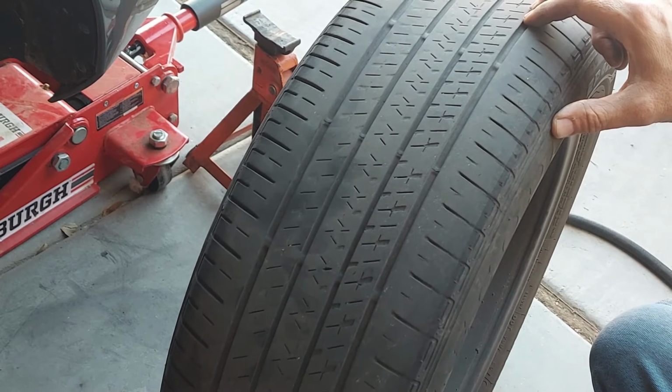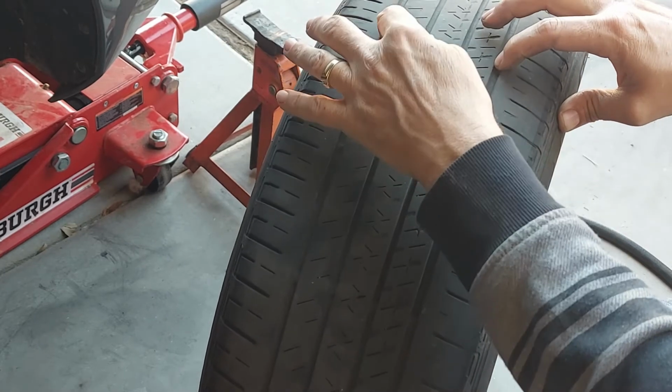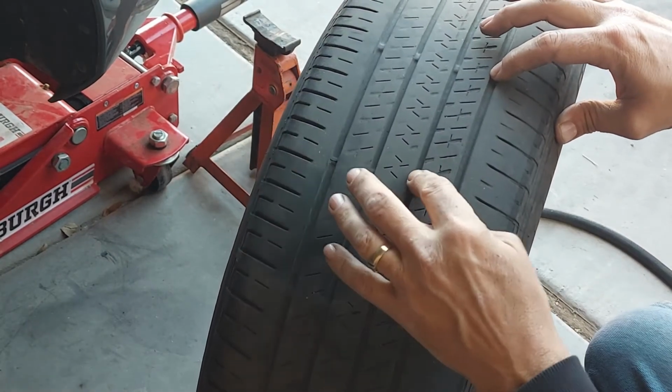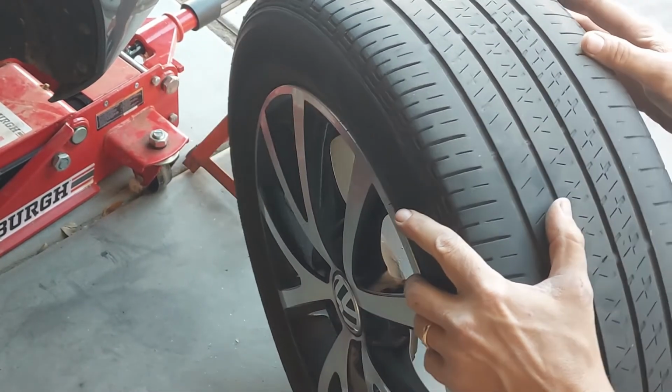But so far I haven't seen anything that would indicate that. The wear bars are all pretty much even all the way across. And I don't see any weird